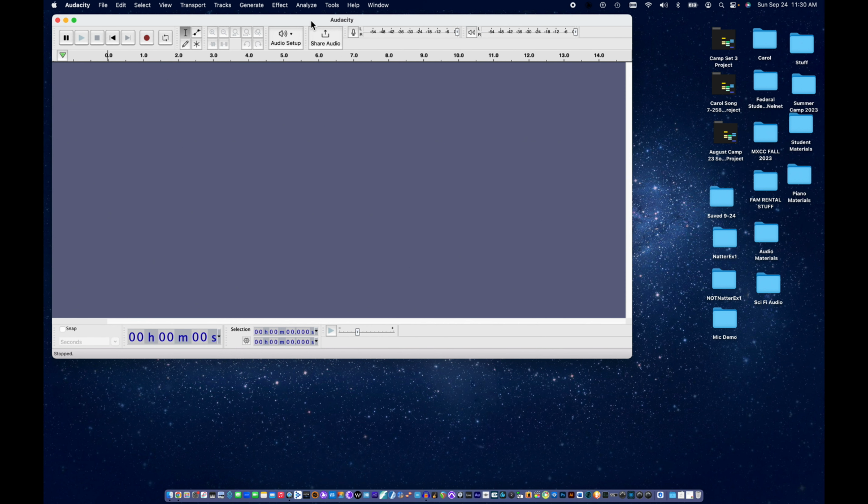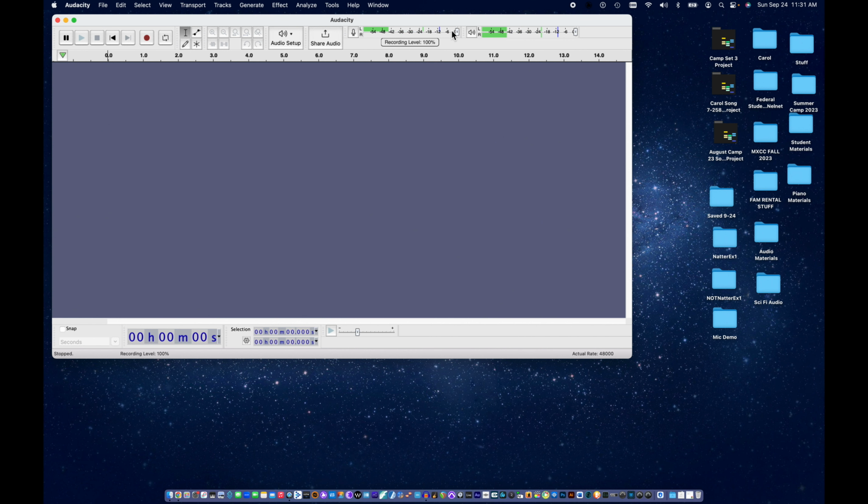Once we have a microphone plugged into our audio interface, in Audacity we might want to check the recording level by clicking this microphone icon and selecting Start Monitoring. And then we should get a readout of our level. Now mine is pretty good. It's peaking right here at -12. If it was too low or too high, you wouldn't want it to be in the red here. You would adjust the volume or the gain on your audio interface for the channel that you have your microphone